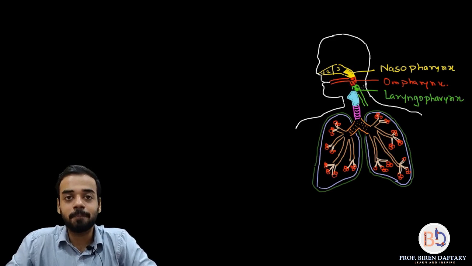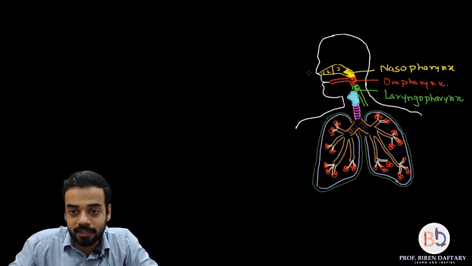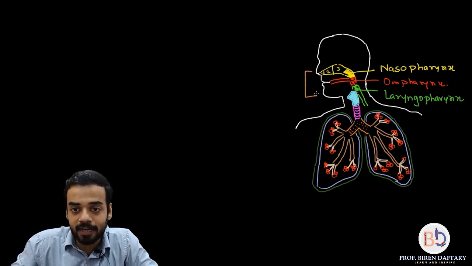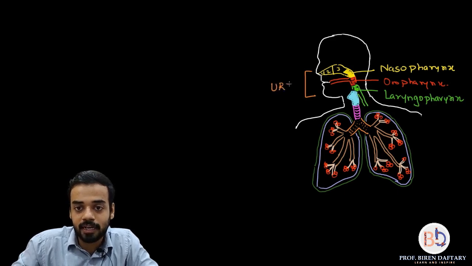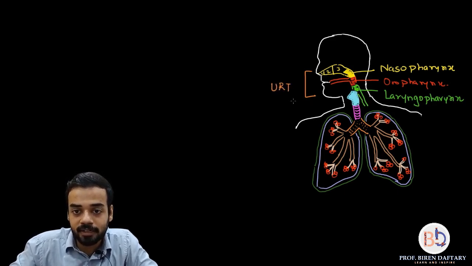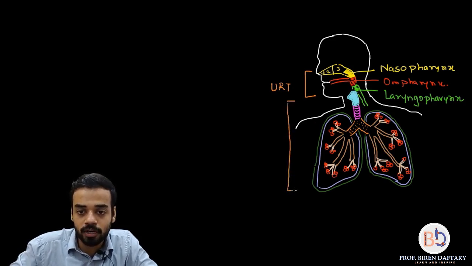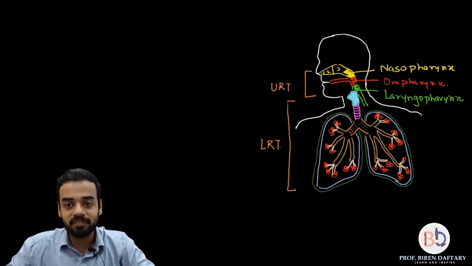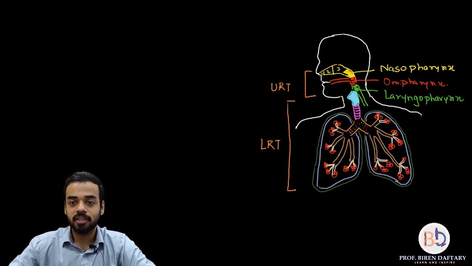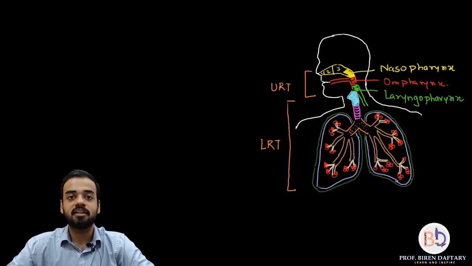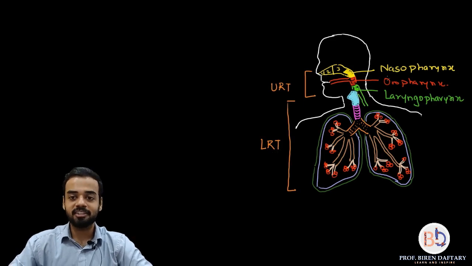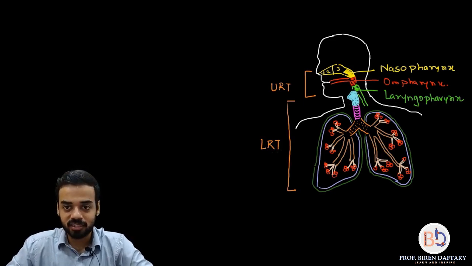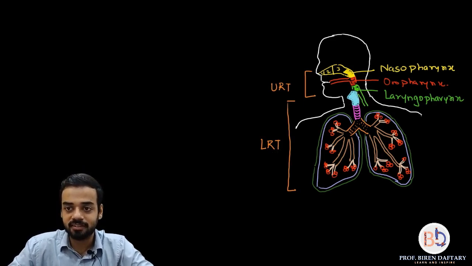Now we have completed the upper respiratory tract. So your upper respiratory tract is this area, URT, I am labeling. The lower respiratory tract will start from this area, which is the larynx, and it will go down right up till here. So this I am labeling as LRT, the lower respiratory tract. So let us start with the next part, which is the larynx. Now I have drawn a separate diagram for the larynx because I cannot explain much using this diagram. So let us change the diagram.